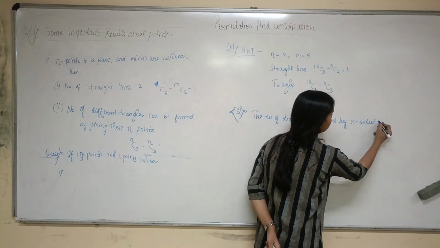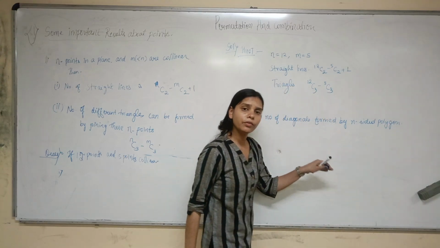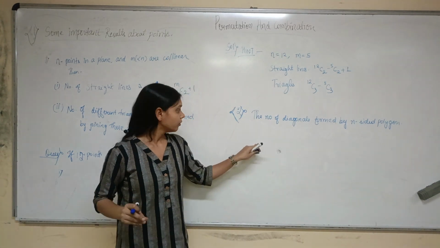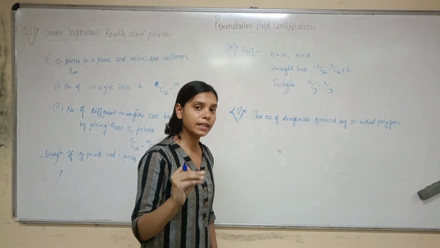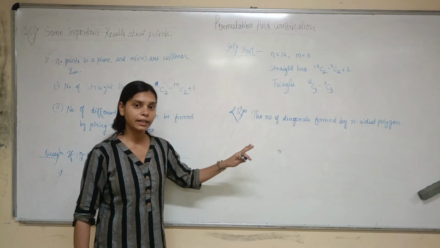Whatever be the value of n, if we want to find the number of diagonals in the given polygon, then we have the direct result